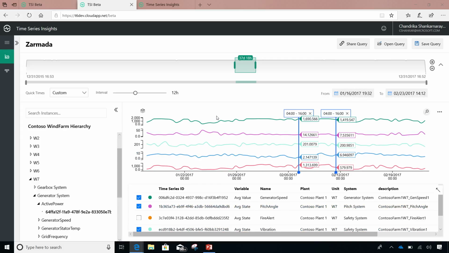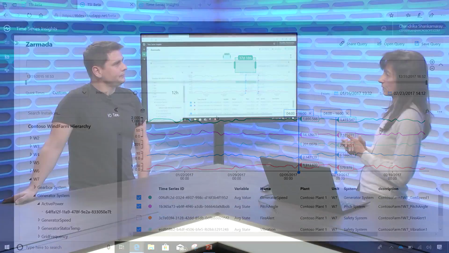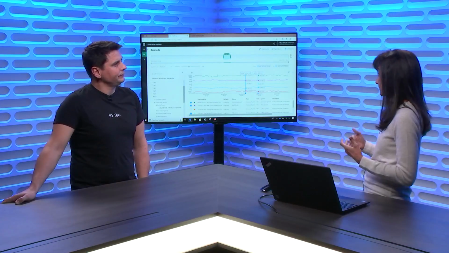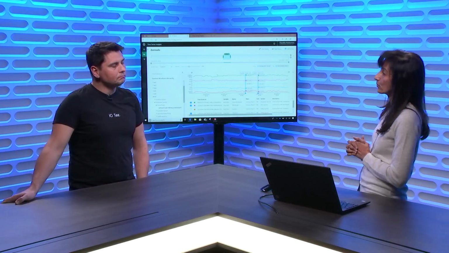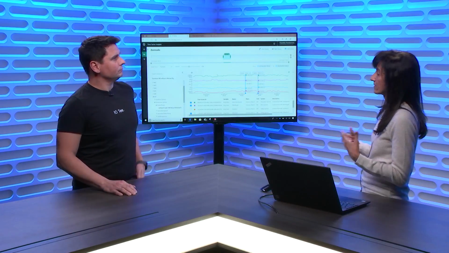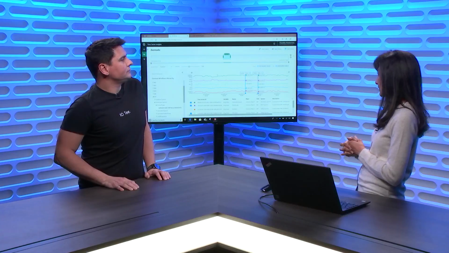Love it. Yeah, it's very typical of, if you look at industrial IoT solutions and applications that they use, these are very typical capabilities that customers want, and this adds a lot of richness to how you analyze data that are timestamp data, time series data, and get rich insights out of it. So all these new features for Time Series Insights are actually available right now. They are in public preview. That's right. So we expect people to go try them out.